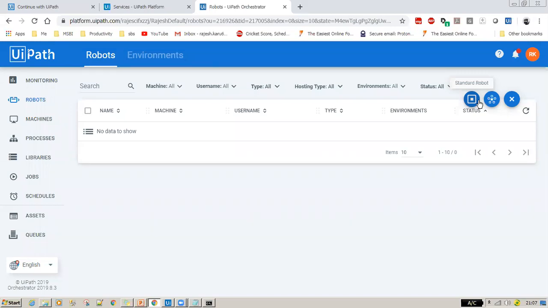So the admin will create multiple instances of logins. Once Deepak logs off, the other person comes in and logs in with his own set of credentials. This is used in shared logins and shared environments. In that case, we create a floating robot. Is that clear?